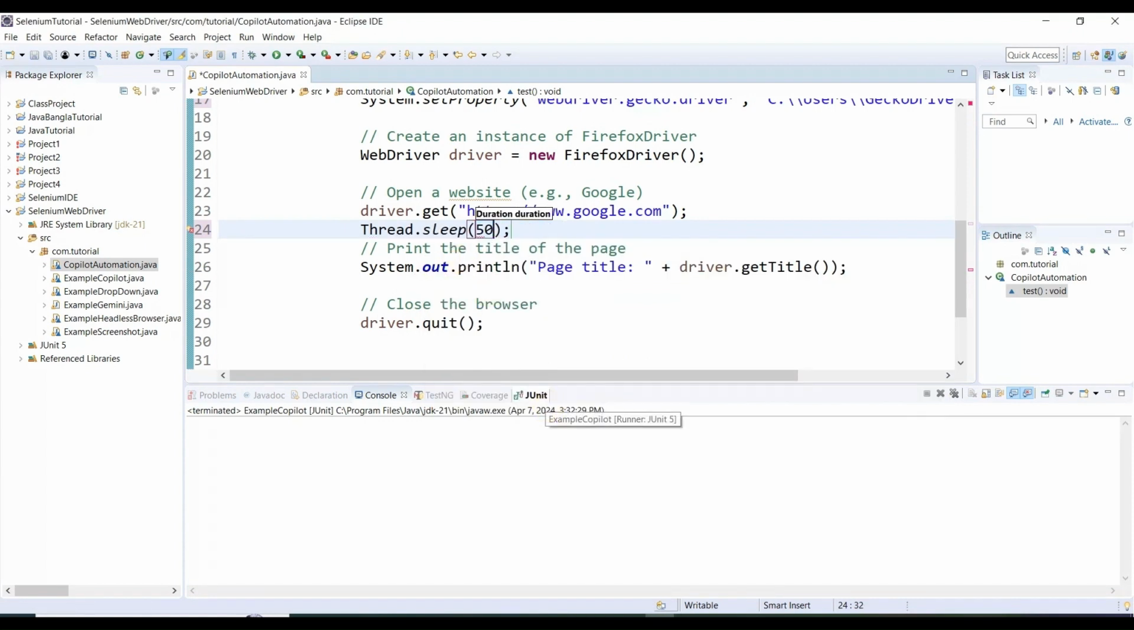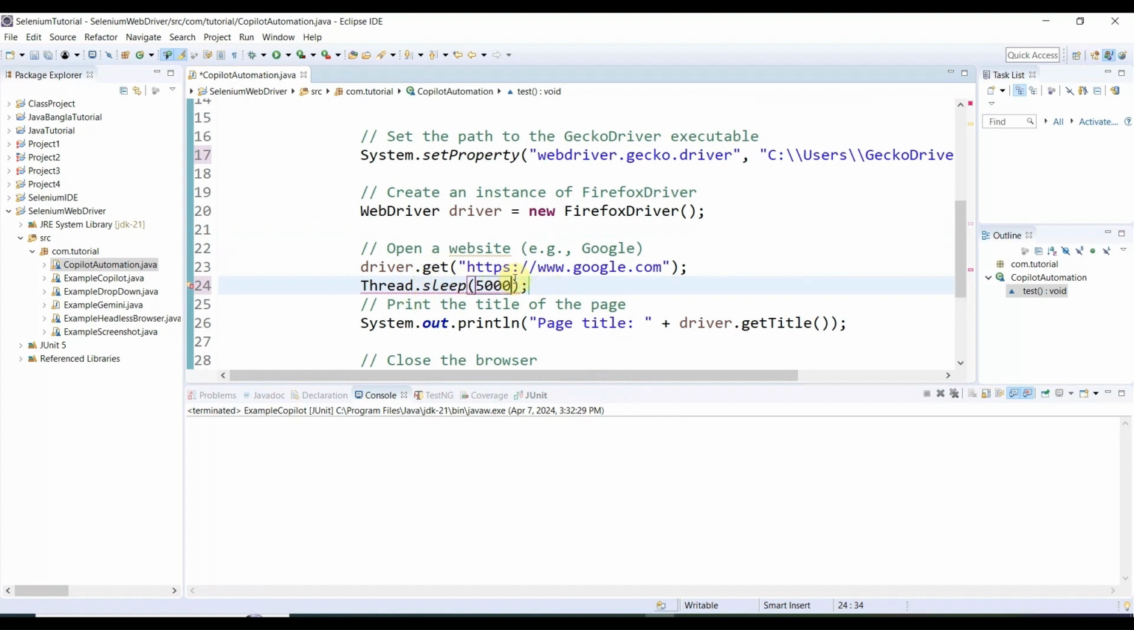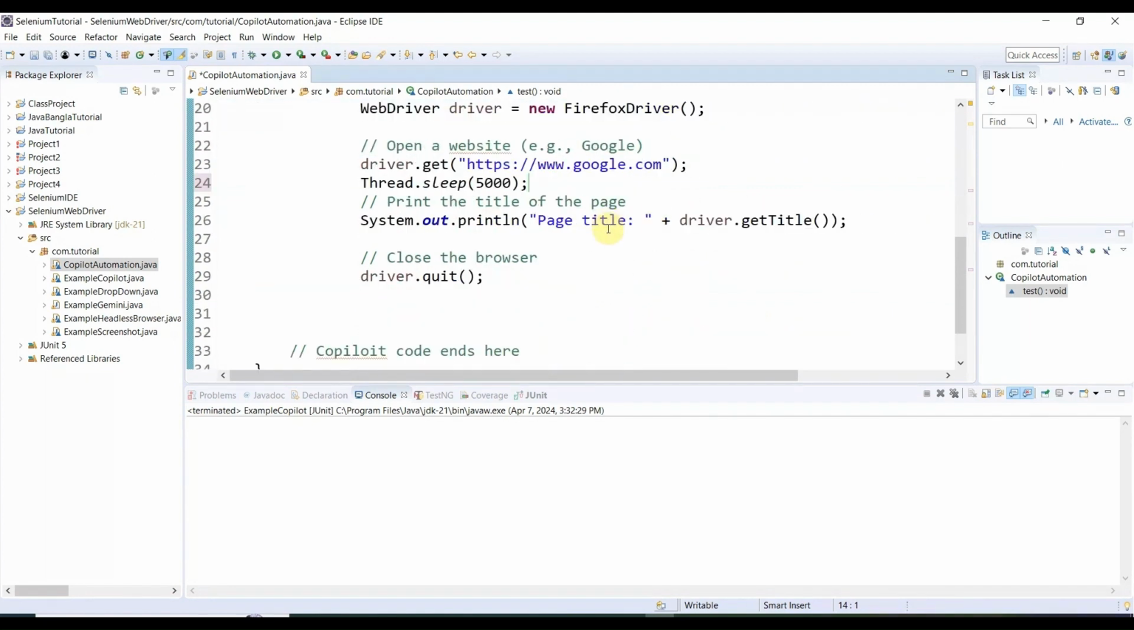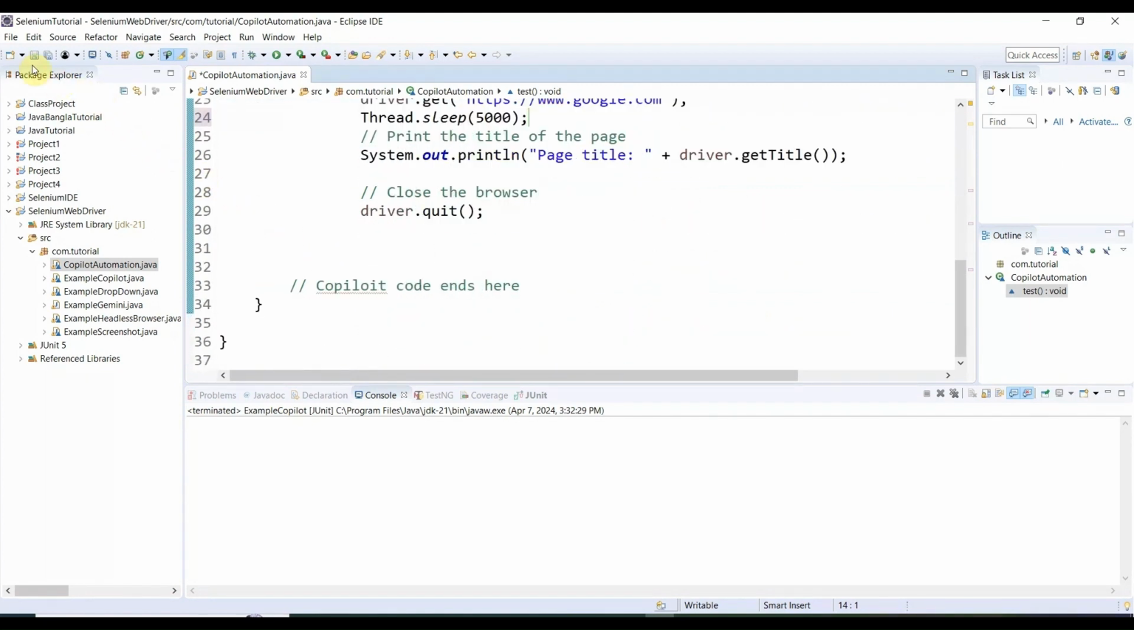Let's say 5000 milliseconds, which is 5 seconds. Once you write the wait time, here is the red mark. Mouse over, and you see you can do try/catch or a throws declaration. I'm taking the throws declaration, and this red mark will be gone. It is gone. Now we can save this